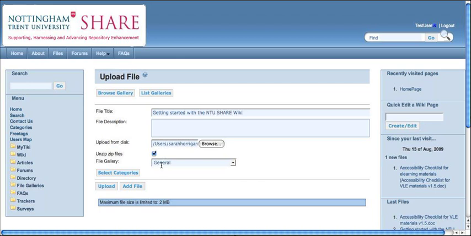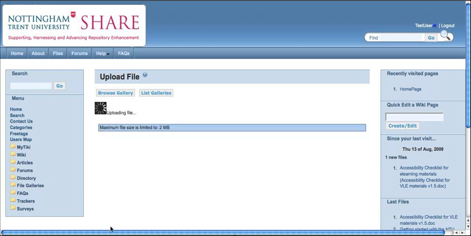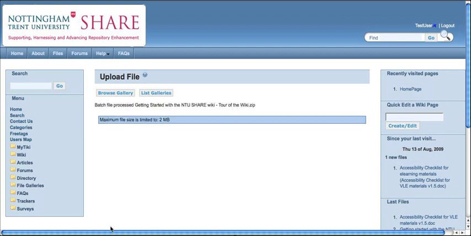Okay, so I've typed in my file title. I've made sure that there's Unzip zip file selected. This means that all the files in the zip file will be extracted. I'm just double checking it's going into the right location, and then I'm going to click on Upload. Again, this is a slightly larger file, but it says here Batch File Processed, Getting Started with the NTU Share Wiki. So this is my zip file,